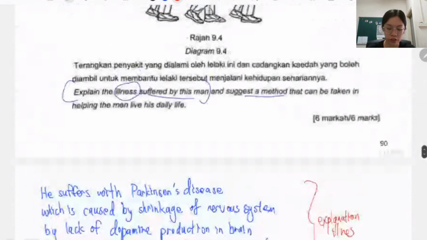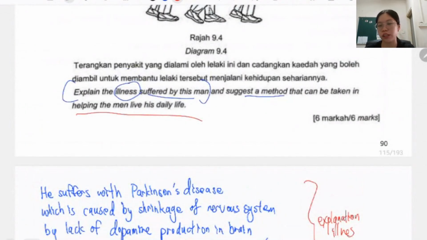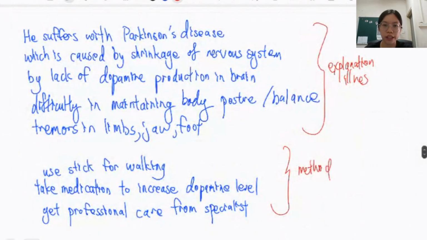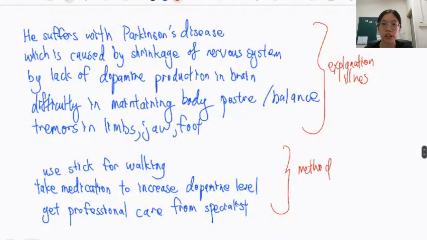to help. This one they didn't say treat or cure. They just said helping the man live his daily life. That's why you can suggest a walking stick and professional care. But if they ask in more detail how to treat it, you have to talk about medication. So this is how you answer the question. But most importantly, you have to write it in paragraph form, so the examiner who marks it knows which part you're mentioning because you divide into a few